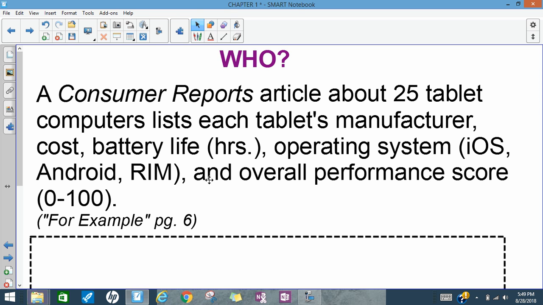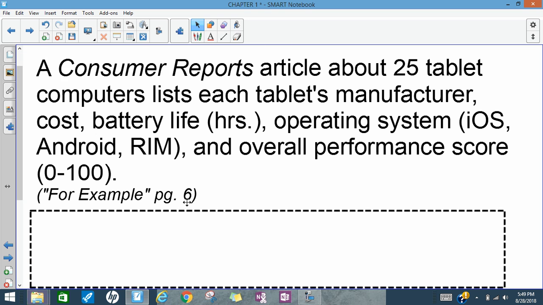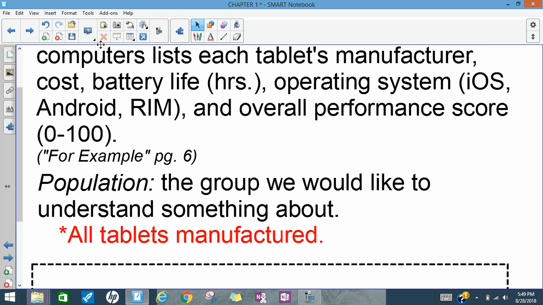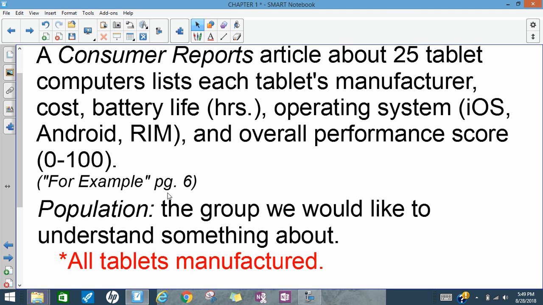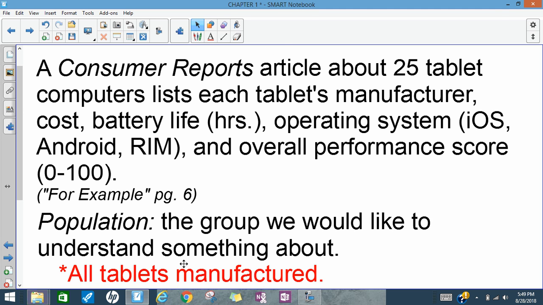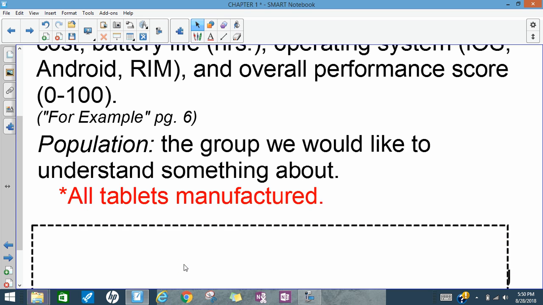And so we want to know the who about this. Who is important to us. This who is actually not a person or people, it is the tablets. So the population, the group we'd like to understand something about at the end of our study, is called the population, and in this case it's all the tablets manufactured. Almost always it's impossible to get an entire population's worth of information because populations tend to be very, very large. And so we take samples,